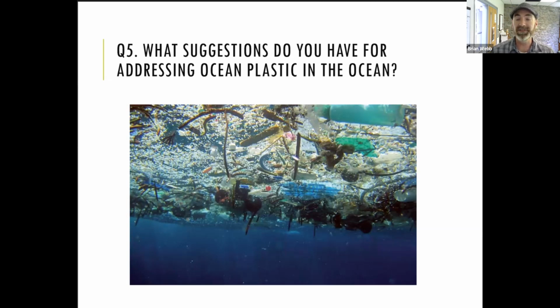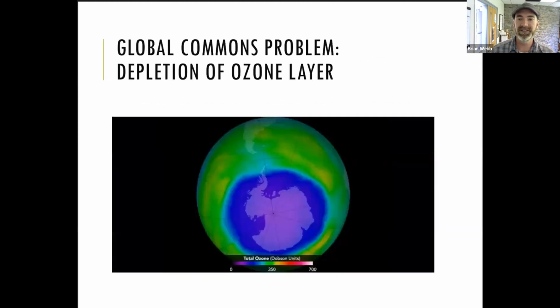We do have some examples of success stories. One success story I'm going to share, and then one that is still in process that hasn't particularly been successful, but is helping. So first of all, we discovered in the 1970s, and then particularly going into the mid 1980s, that certain chemicals were disrupting the ozone layer in the stratosphere. The role of the ozone layer was to block ultraviolet radiation from entering the Earth's atmosphere. Without that ozone layer, we would get sunburned very quickly.